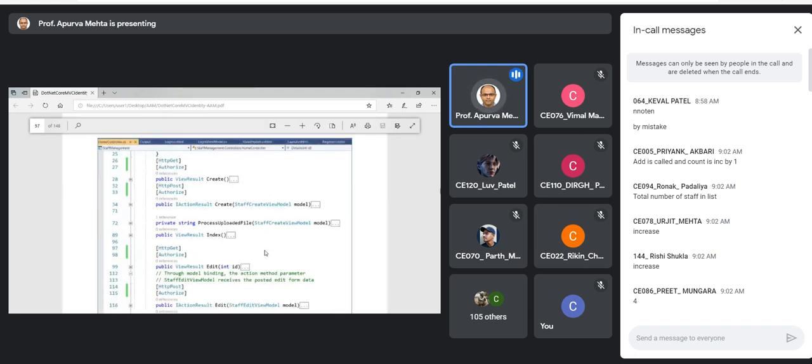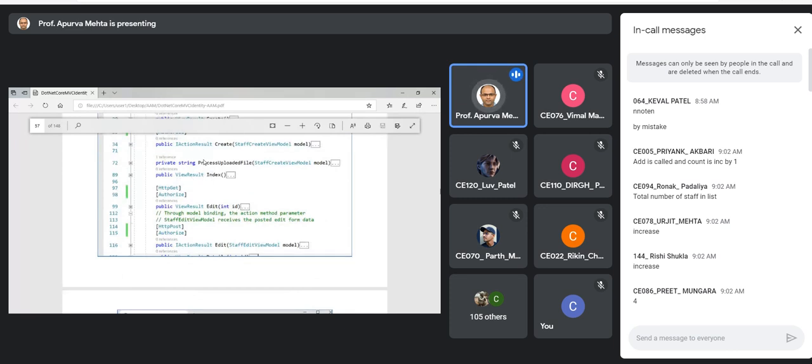Now you can see that here in the home controller, on the create method, we are writing the authorize filter. That means this method can be accessed by a user only if the user is authorized, authenticated. If the user is not logged in, then this is not accessible. A user can create another user only if the user is signed in. An anonymous user cannot create it. So even the form cannot be seen by the user and the post data method cannot be accessed, because both are decorated with authorize.